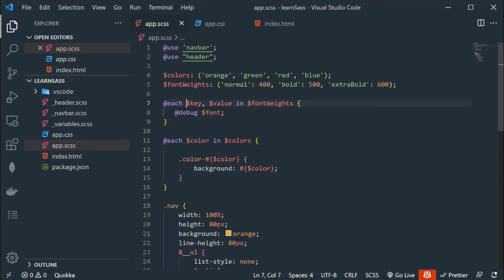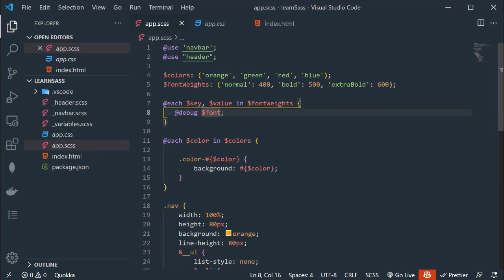So $key will keep all keys, which is normal, bold, extra bold, and $value will keep all values, which is 400, 500, and 600. Understand?